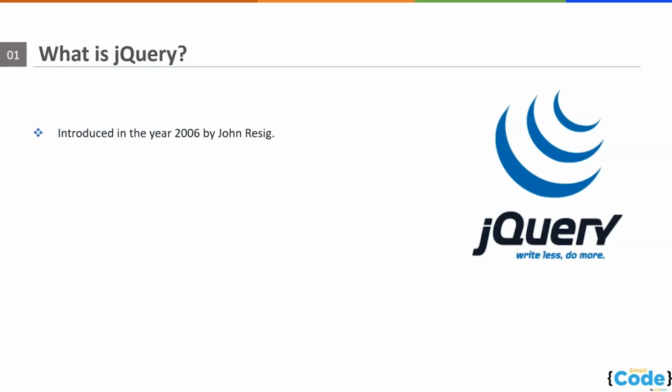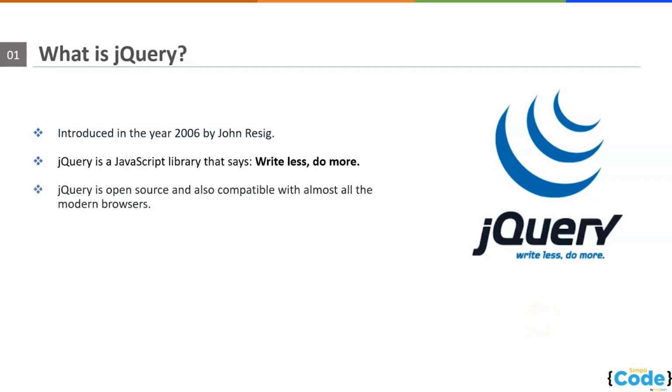So jQuery is an open source, fast, tiny, and feature-rich library that makes it easy to interact with HTML documents, and it allows its users to manipulate and traverse the DOM, handle events, animations, and Ajax in much simpler ways with an easy to use API that works in almost all modern browsers. In a nutshell, jQuery revolutionized the way of using JavaScript to interact with HTML documents. So let's move ahead and see how we can include jQuery in an HTML file.